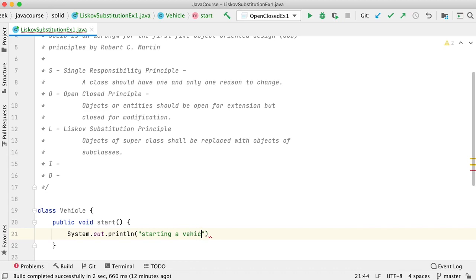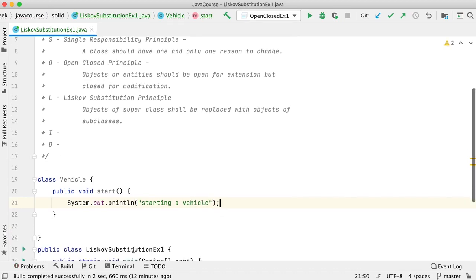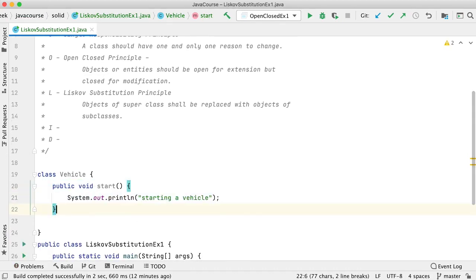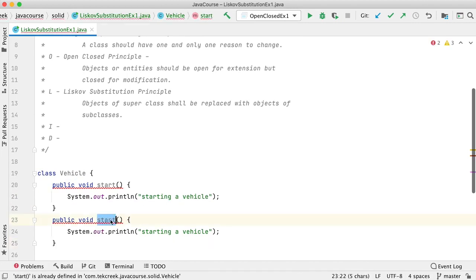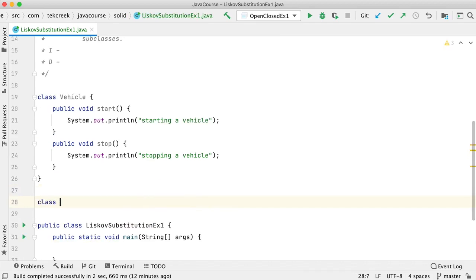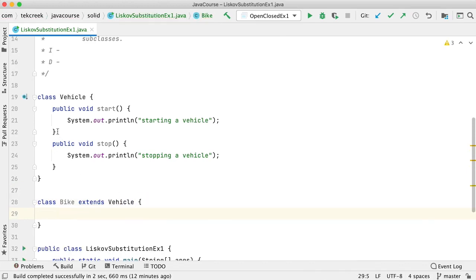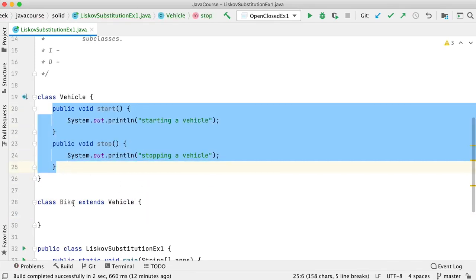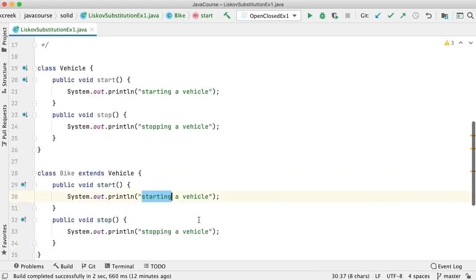Start says starting a vehicle, and then stop. Now there is a class called Bike which extends Vehicle, and start and stop simply say starting a bike and stopping a bike.